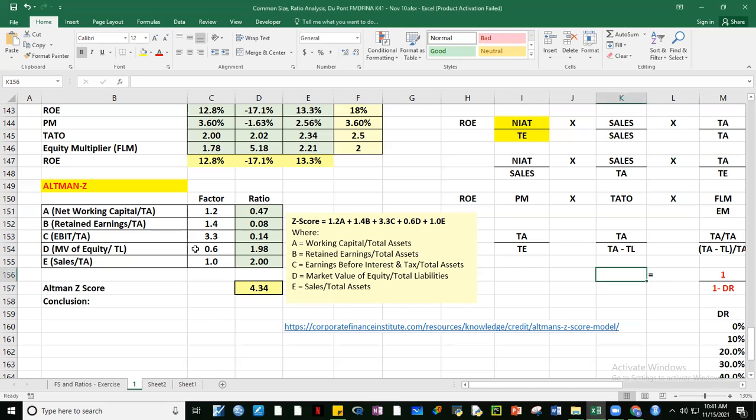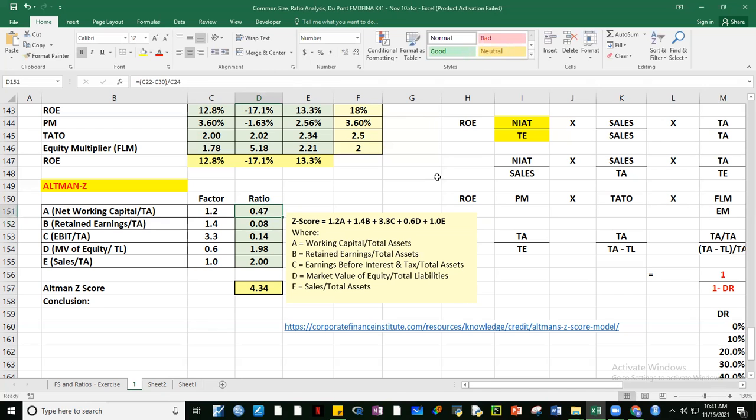Okay, ang ginawa natin, dito binago natin yung working capital, ginawa na natin net working capital para mas conservative. Kasi yung net working capital, mas maliit yan kaysa kay working capital. So what I did was to subtract yung total current assets minus total current liabilities. Okay? So that's why we got